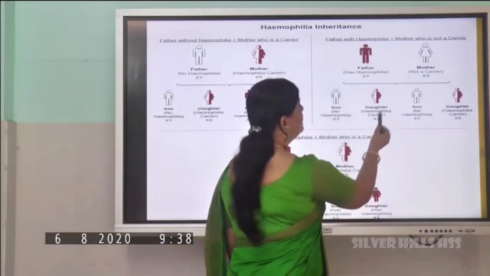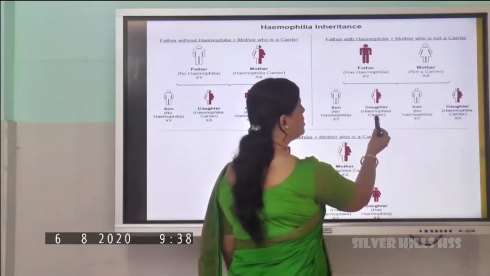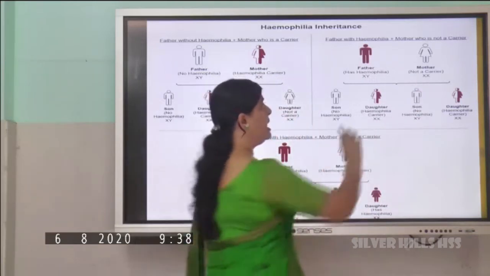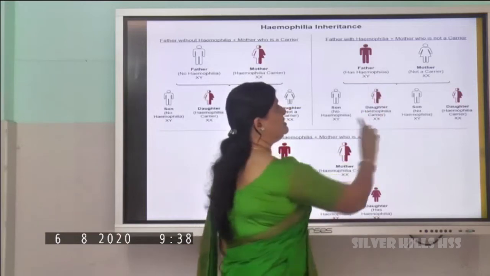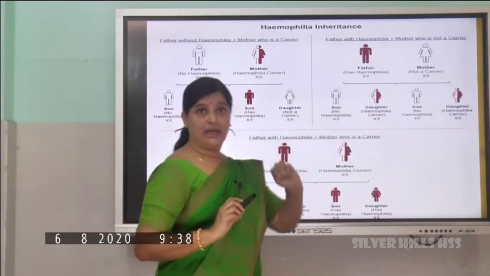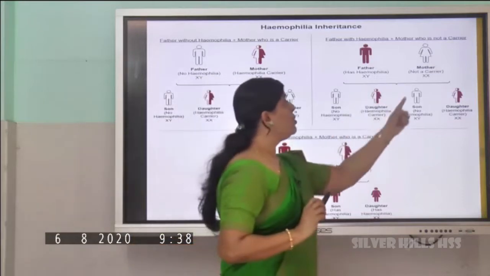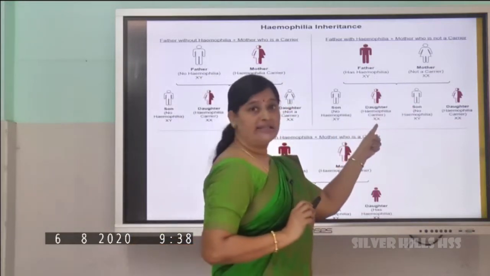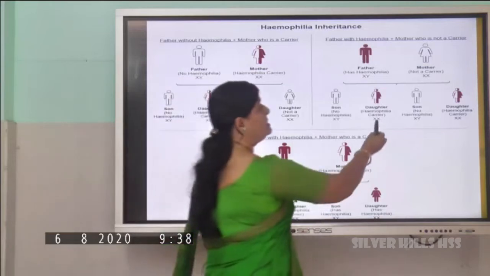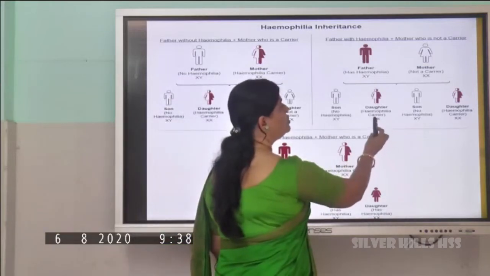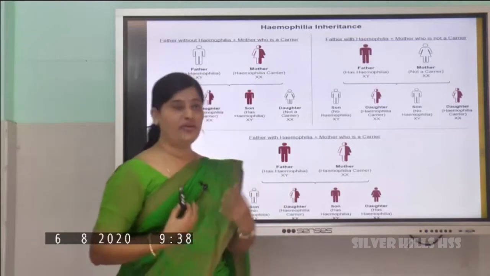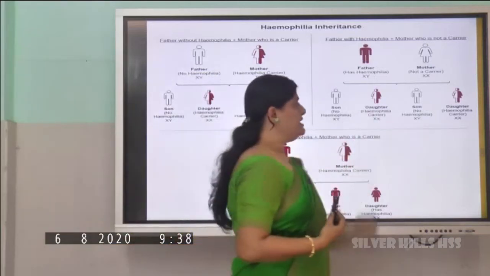Okay, the second condition, let's take. Here, this daughter has got this normal X from mother and this defective gene. See, the daughter does not have any choice because 2 X chromosomes are there. So one, the daughter has got from mother, and the other one, which is a defective one, she has got from father. So she will become what? A hemophilic carrier female.